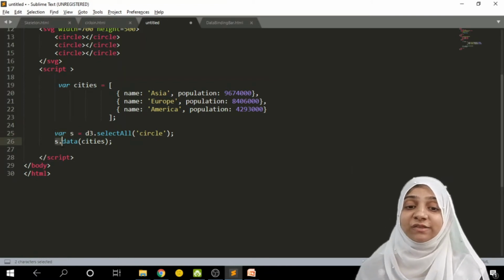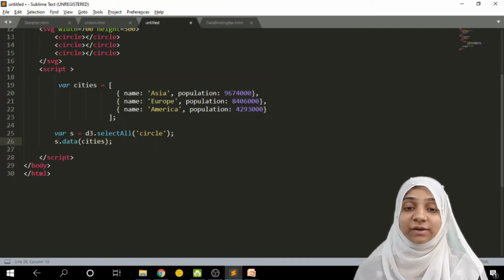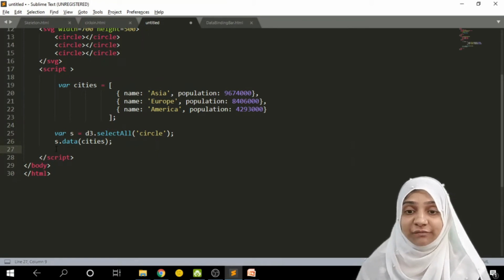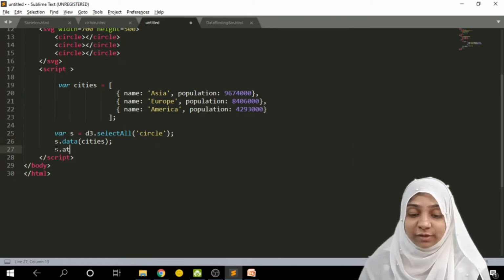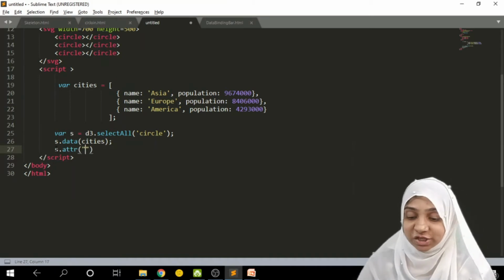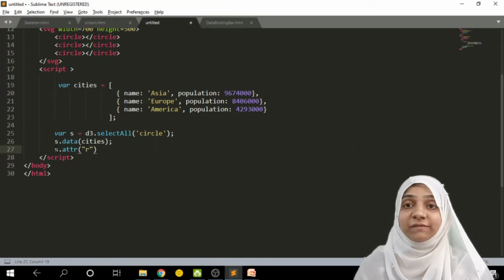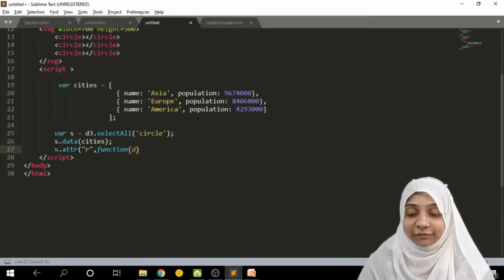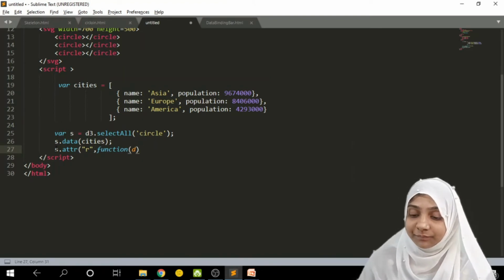Now I am binding the selection with the cities array. That's why I write S.data(cities). Now whenever I want to change the radius of a circle, I must write S.attr of r, which is a function of data.